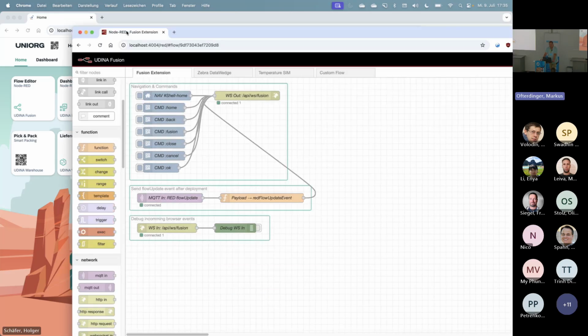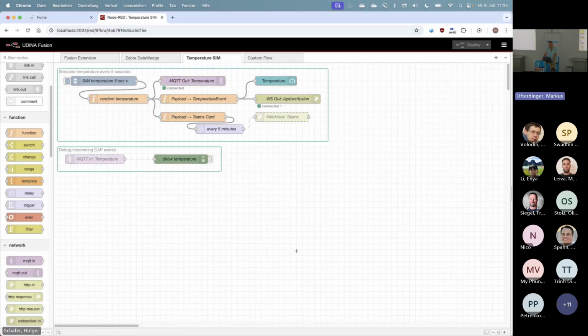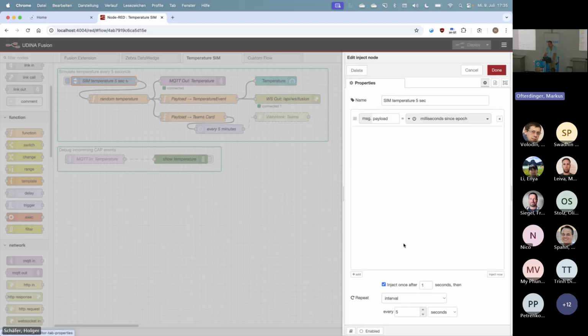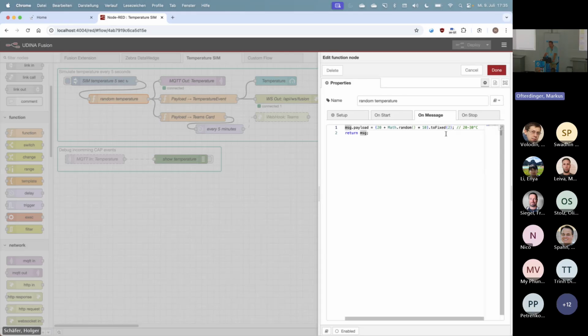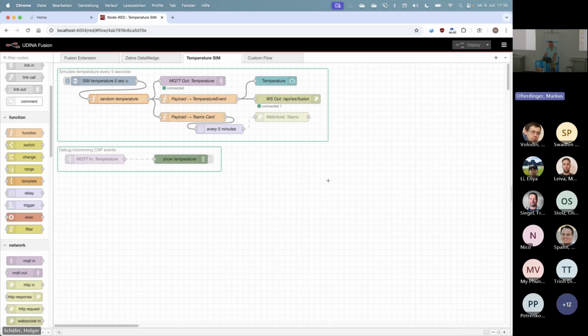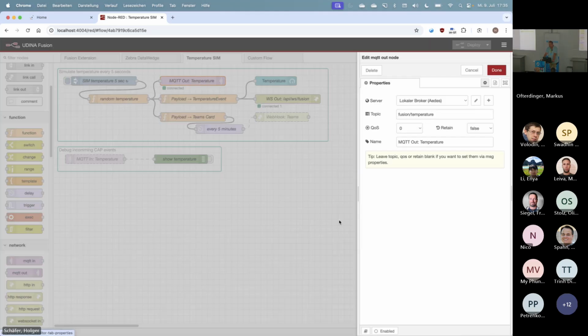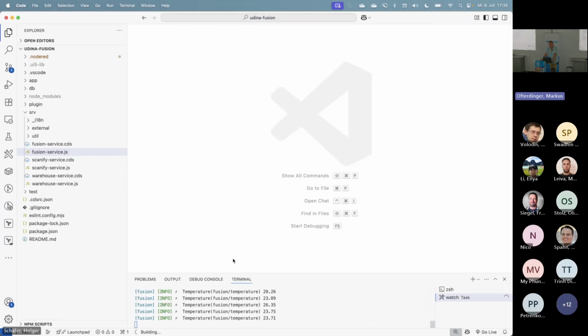We can see in this example I created a temperature simulation. There's, for example, a trigger, to showcase this, that is triggered every 5 seconds. You will do some scripting, so you will have this example random degree from 20 to 30 degrees. And then you can say, okay, I want to have this going to the MQTT. Node-RED comes with an automatically added broker, so with MQTT out. And the nice stuff about CAP in this case is that's it. You will get a new temperature every 5 seconds, and inside your